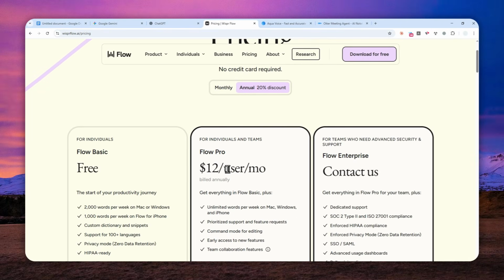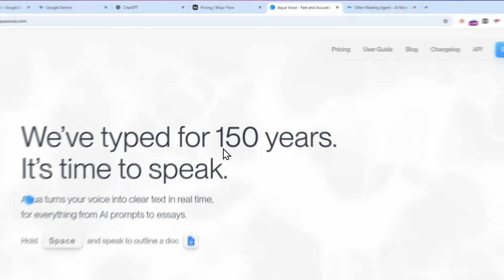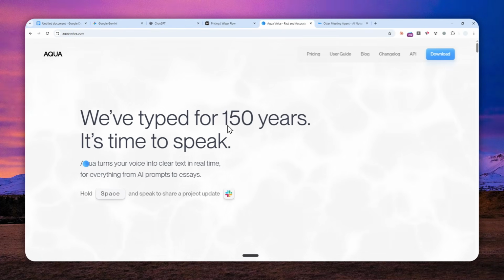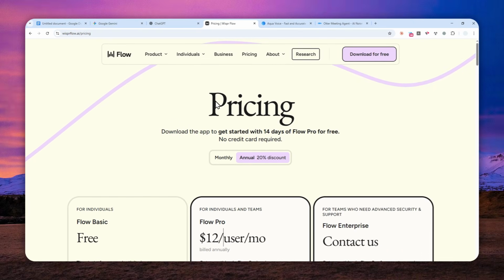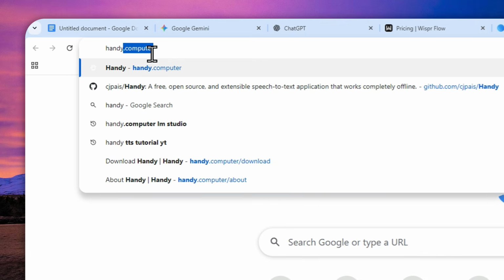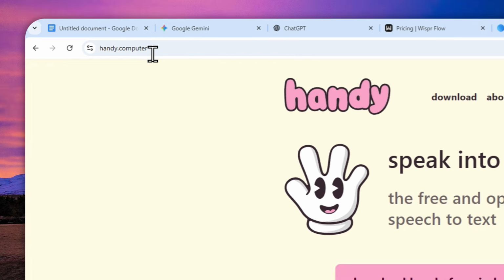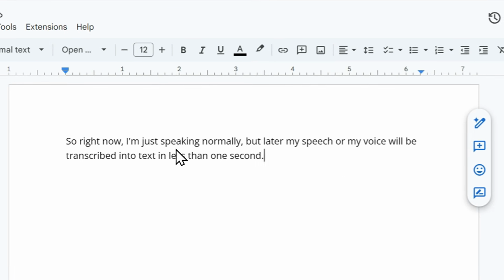So instead, there is one similar to Whisperflow or Aqua Voice that is even better, but it is completely free. In fact, it is open source and it can work locally on your computer, and you don't have to use the most powerful hardware because this could run with just a laptop or CPU or maybe a system without GPU. You can do it just fine. So the name of the tool is handy.computer. You can type handy.computer on your browser and visit the website. So this is the tool that I'm currently using right now. In fact, the previous demo, I was using that tool to create this example.